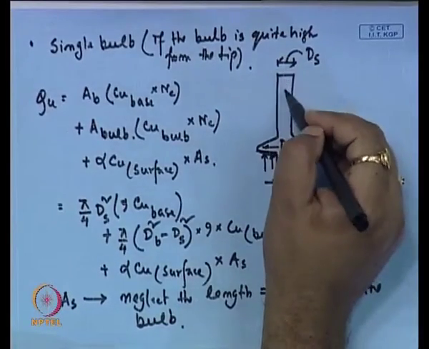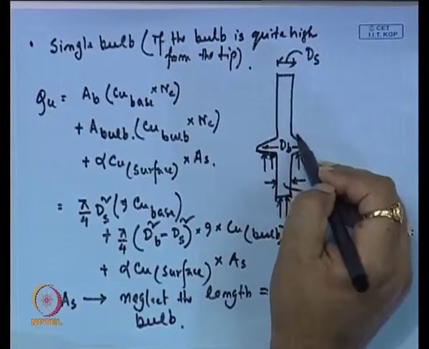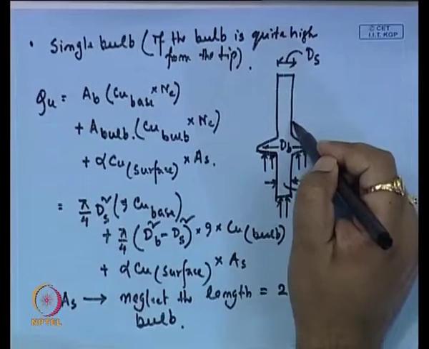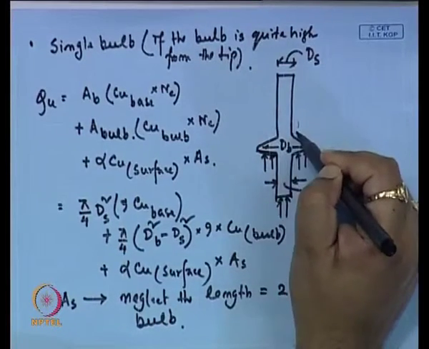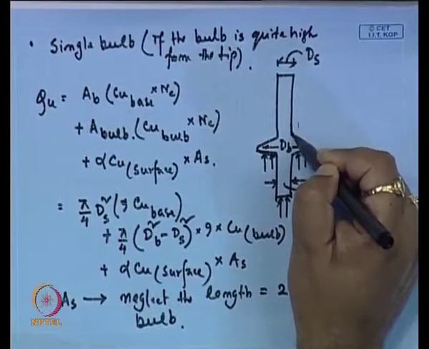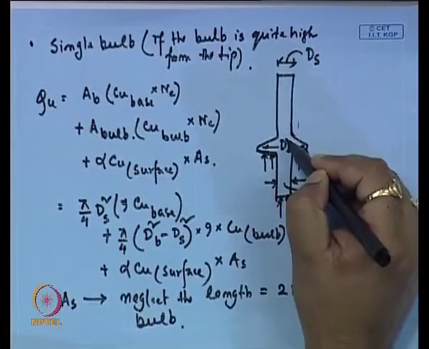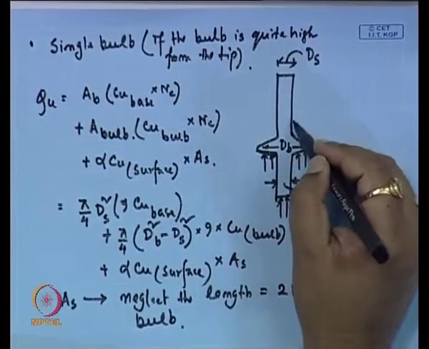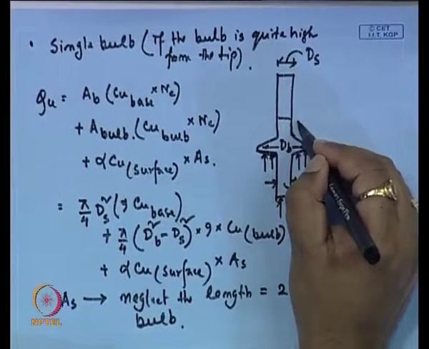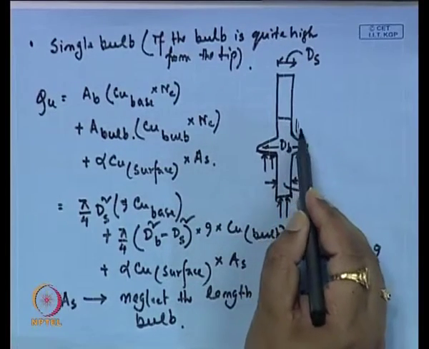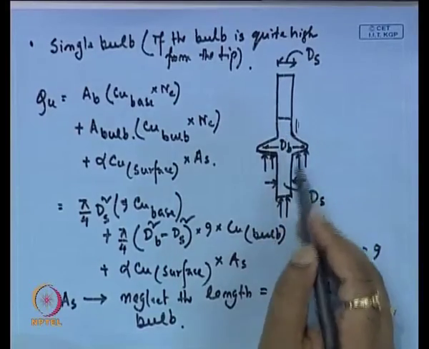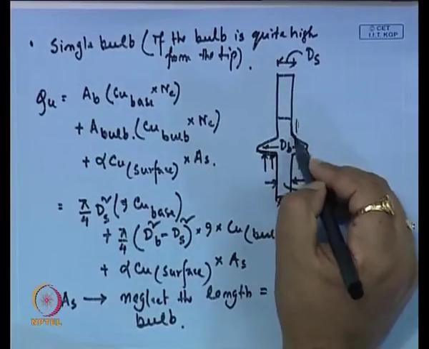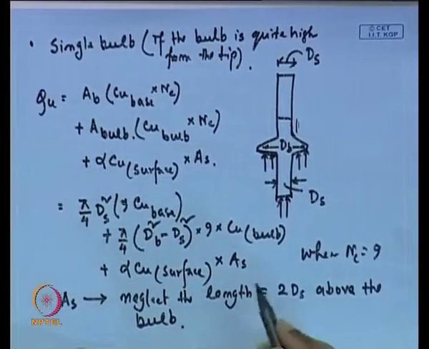this pile, there is sometimes a possibility of separation because of this bulb. So, in this region above the bulb portion, there is a separation between the soil and the pile during the settlement because of this enlarged bulb. So, that is why it is better to neglect this portion, because here there is no contact between the soil and the pile. So, you will not get any resistance from that portion. So, it will be better if we neglect this portion when you calculate As during the calculation of friction